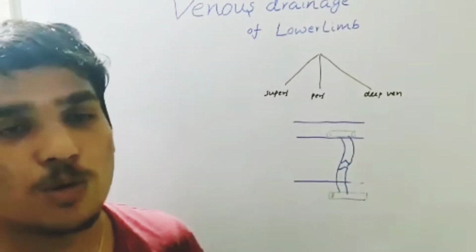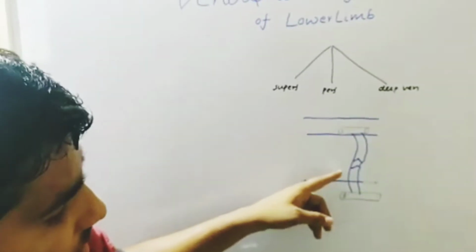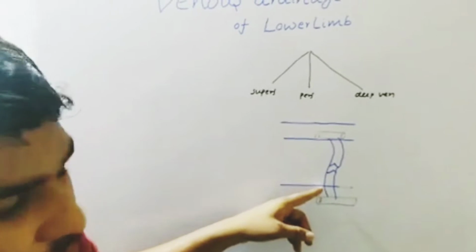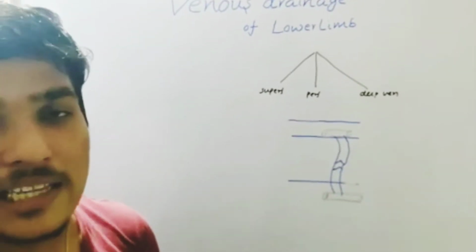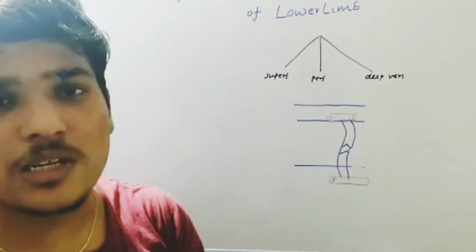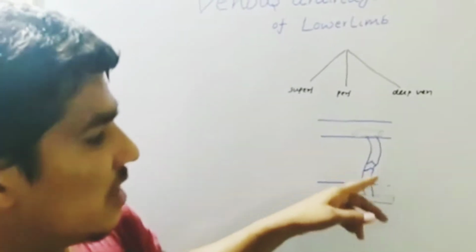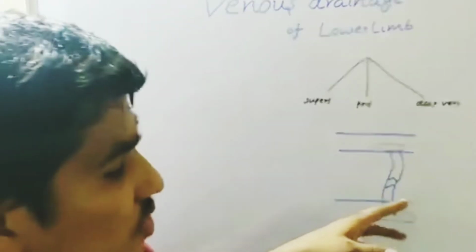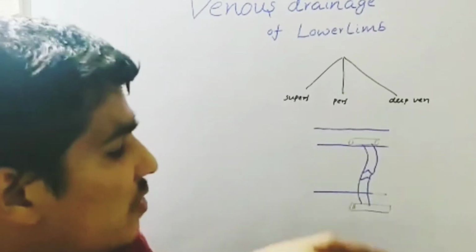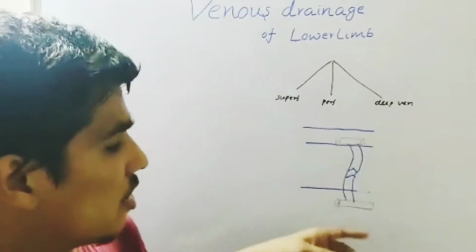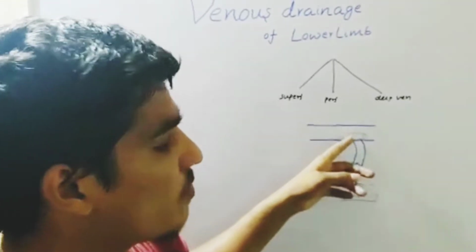You should know two points about the perforating system. The first point is that the perforating system pierces the deep fascia of the entire lower limb to connect to the deep venous system. The second point is that the perforating system has valves. These valves are very essential, mainly for unidirectional movement of blood flow. If these valves are absent, you will see blood move from deep to superficial.